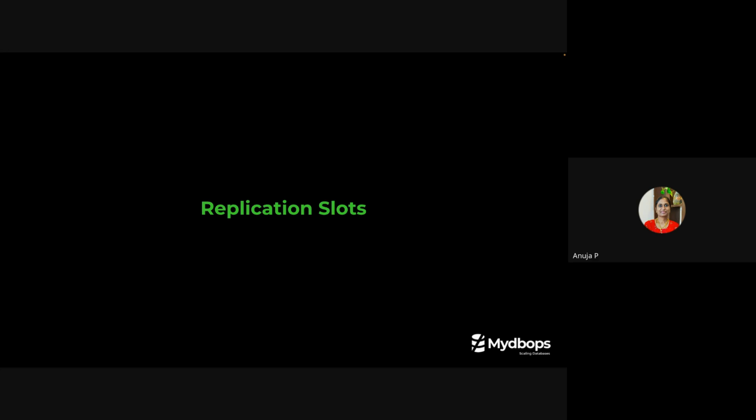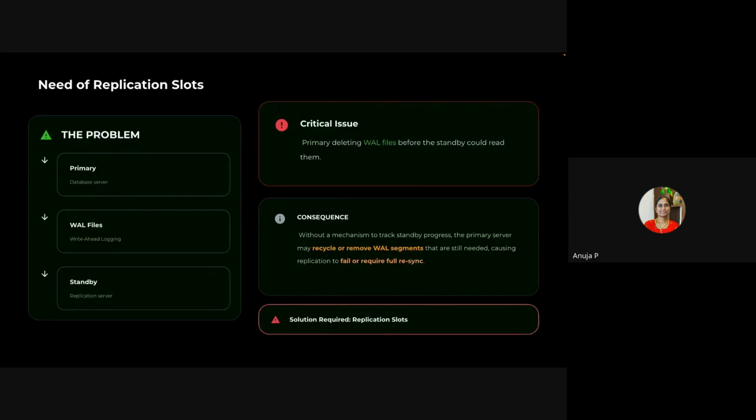Now the replication slots. The problems in physical replication were overcome through replication slots, which were introduced in version 9.4. Before that, we should see what the problem was. From the primary, the WAL files are given to the standby.